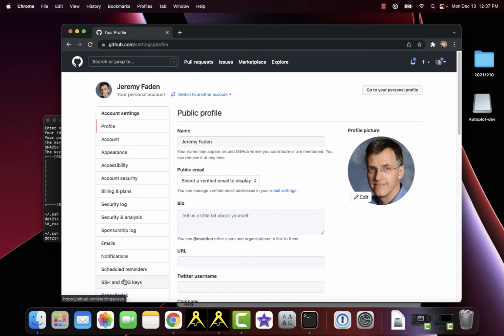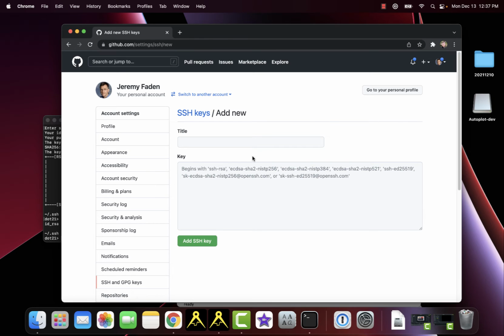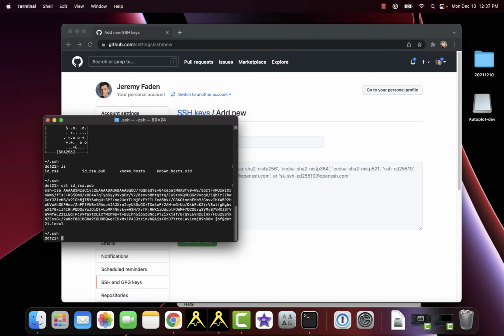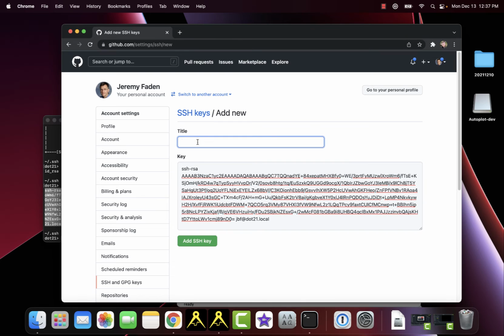If I go down here to SSH and GPG keys, these are all the public keys that I've already put in there. So it already has two keys that I'm using. And if I say new SSH key, what it wants me to do is enter the contents of this file here into that site. So if I say cat, it just prints out what's in that file. If I copy the contents of that into where the key goes, it wants me to give a name,